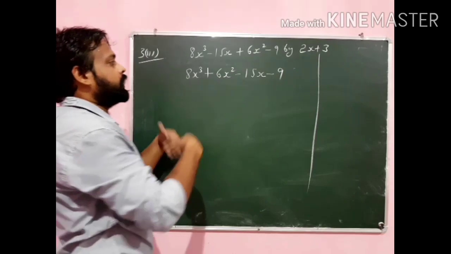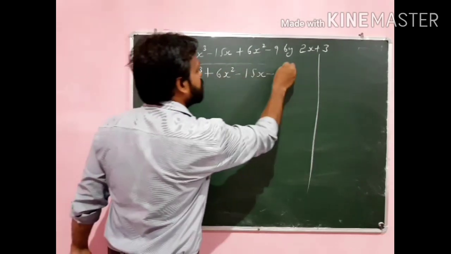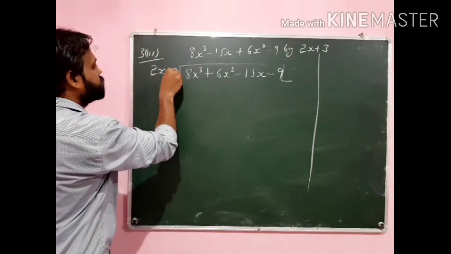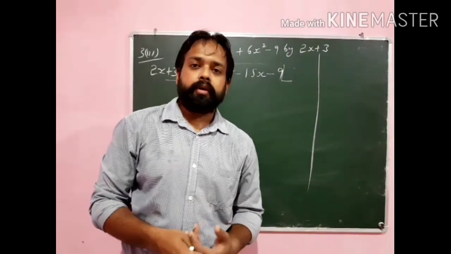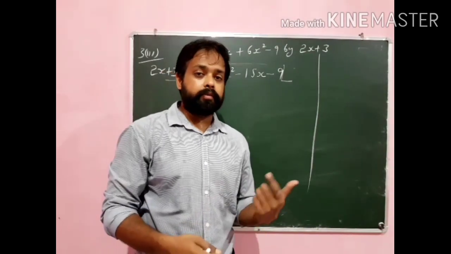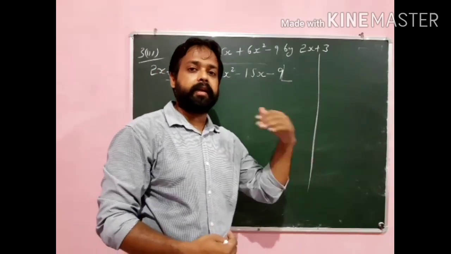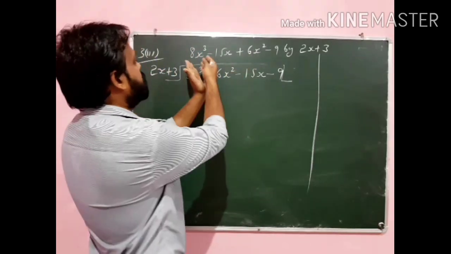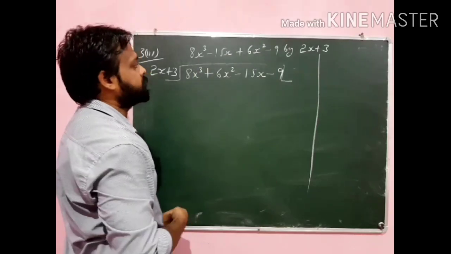So now our polynomial is ready. Now we have to do the further steps. We have to divide this polynomial by this 2x plus 3. I hope this step is clear to you. Whenever you are going to solve the sum, the first step you have to keep in your mind is that the powers should be in descending order for the variable given to us. In this case the variable is x and I have arranged the terms according to their power.